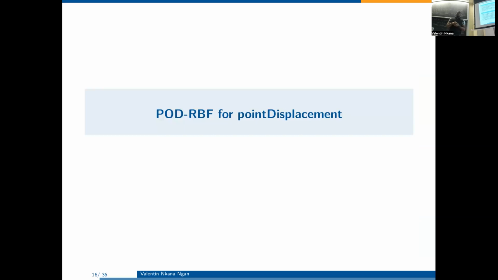So this was done for the velocity and the pressure because we have all the equations driving the velocity and the pressure. We also have an equation for the point displacement, but we don't want to use a Galerkin projection on the equation driving the point displacement.